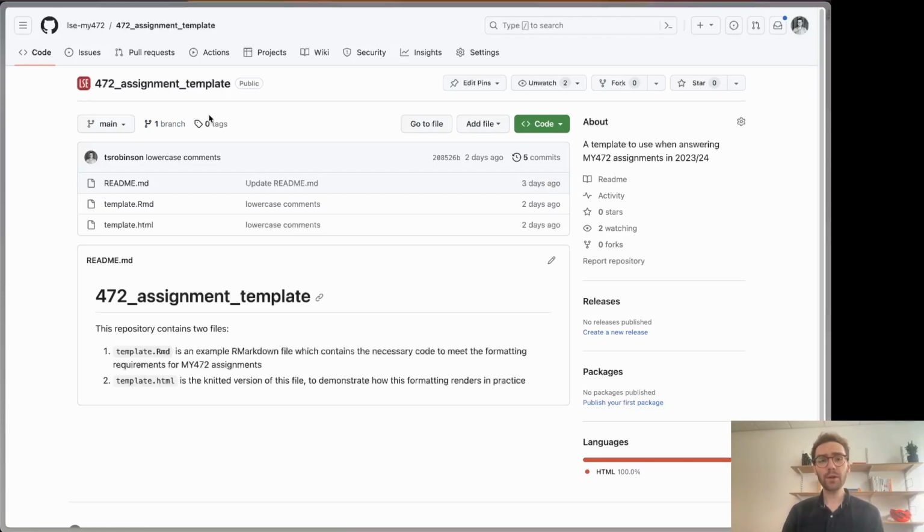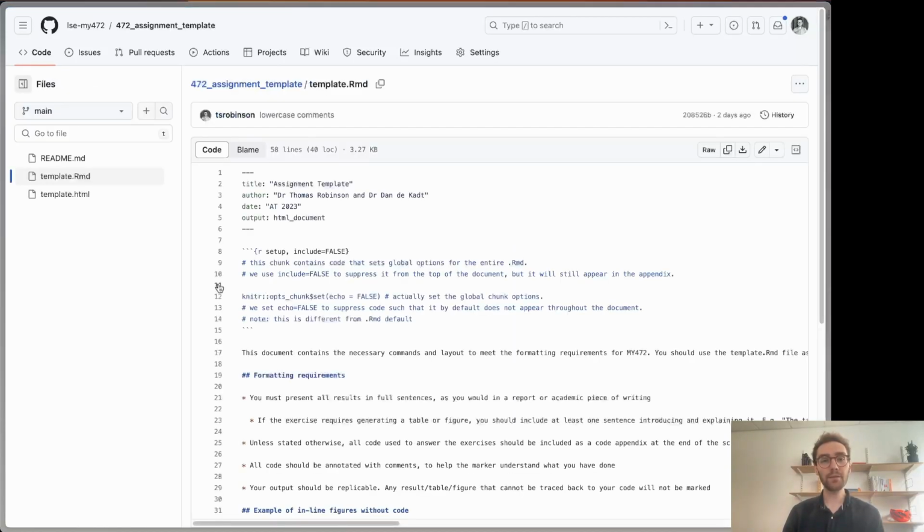So instead, what I'm going to show you here is that you can actually download specific files from a GitHub repository just by clicking through to the file you want. So in this case, the R Markdown file, coming along to the right here and clicking this download button. This is just going to send that template to our downloads folder, and we'll come back to that in a bit